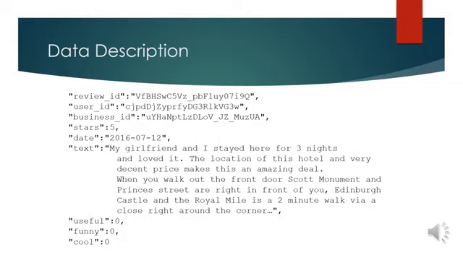Yelp gives you two ways to download the data for the challenge. The first being structured query language scripts, which will build database tables in a relational database like SQL Server or Oracle or MySQL. Also, you can download it as a series of 6 JavaScript object notation or JSON files. For my analysis, I'll be working with the JSON files and not SQL Server. And the file that I'm going to be working with is the file that houses the user reviews, at least for the benefit of this presentation.